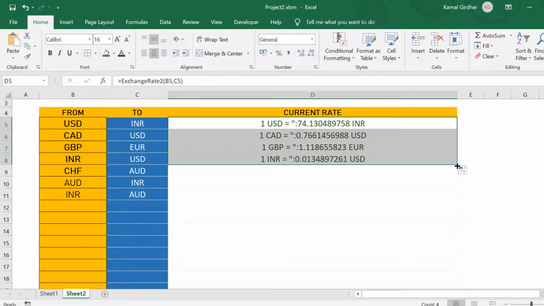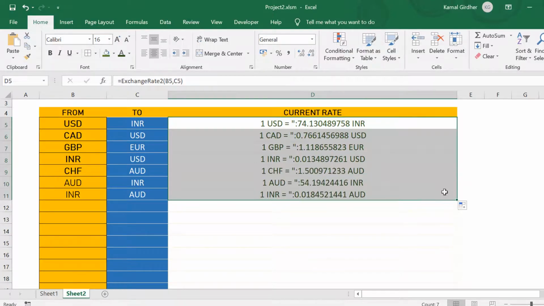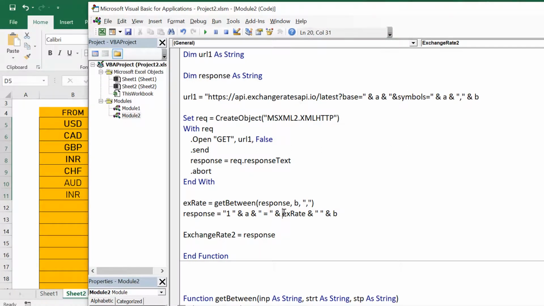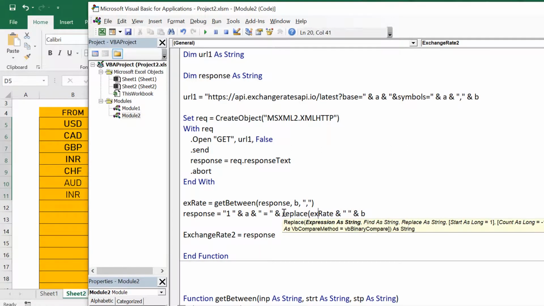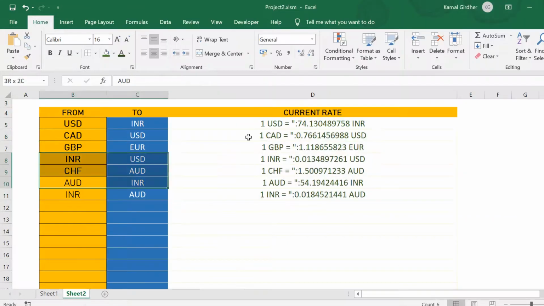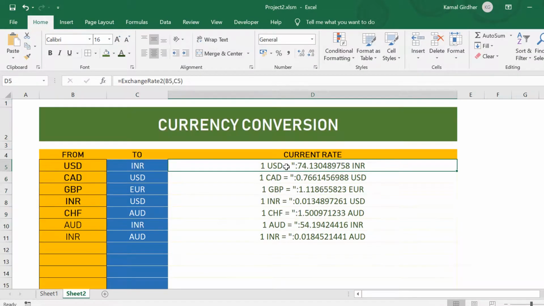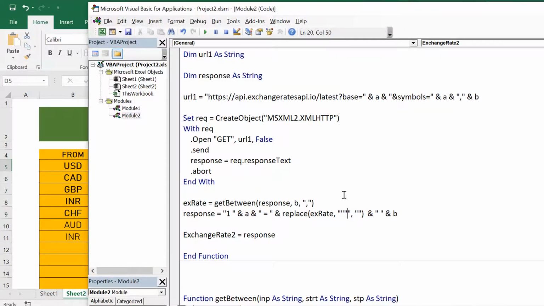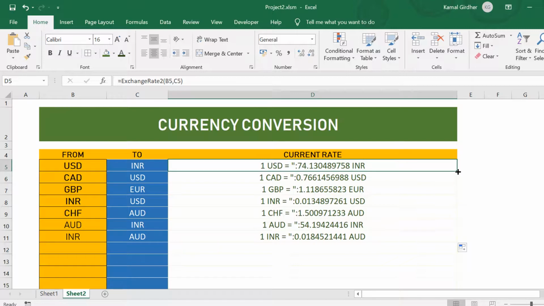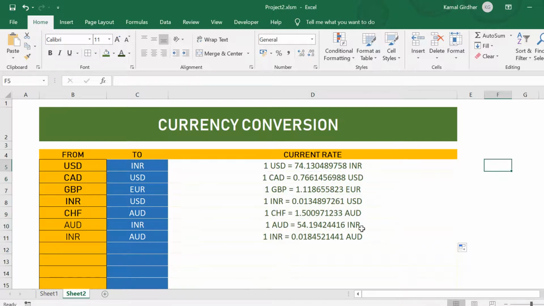What we can do is use a replace function to do this replacement, and we will get the correct response. So instead of writing a separate line, I am replacing here itself: replace our double quote and a colon. For the double quote we need to put two quotes because it is surrounded by a double quote. And then after that a colon. Now if you refresh, you get the values in this format.